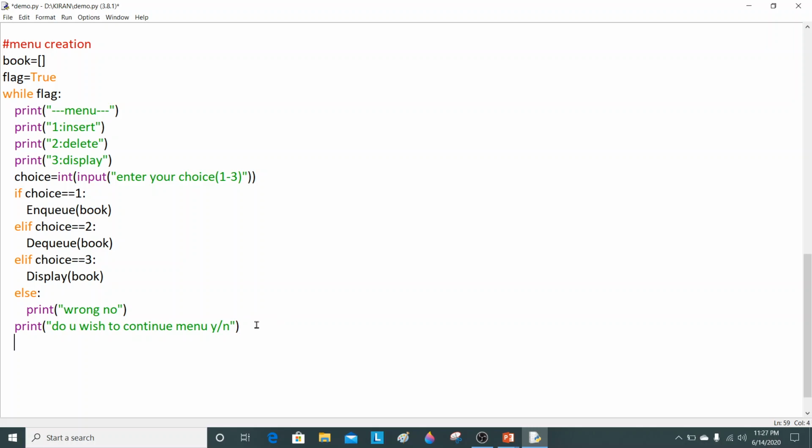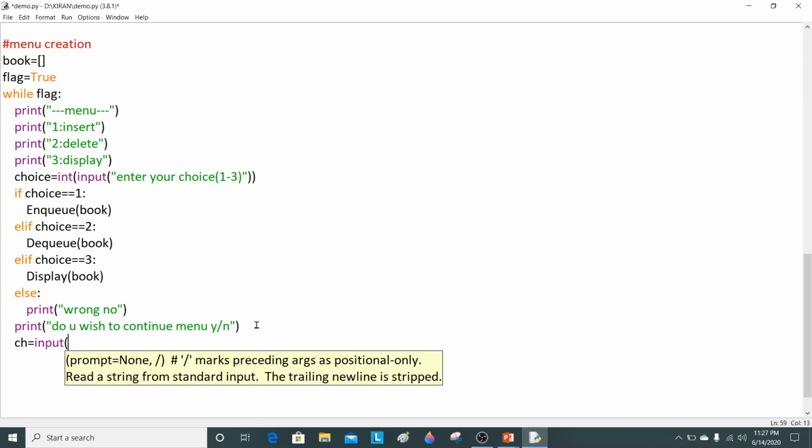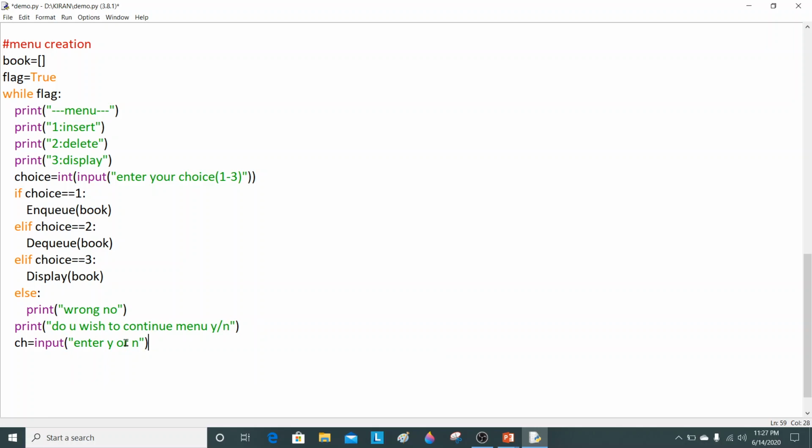Now after that, the user will enter yes or no. To store it into the variable, I will use the variable ch equals to, now since it is a string, I will just write down the input function, ch equals to input, in double quotation, enter yes or no. So the user will enter yes or no, and it will be stored in the variable ch.